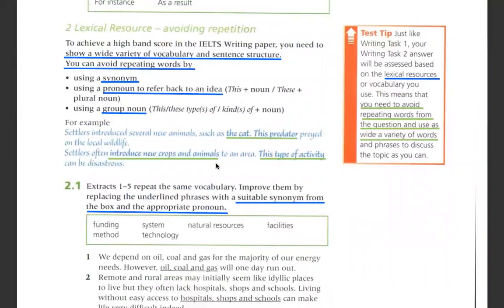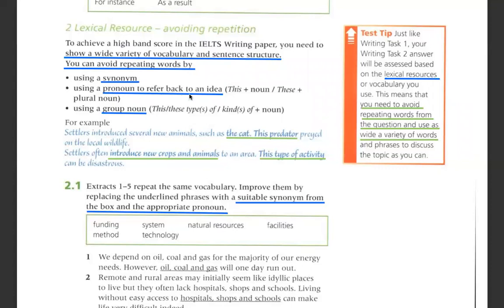Okay. So we can use a variety of words to help improve our lexical resource, but we also want to try to avoid repetition. So we don't want to use the same word again and again, but we want to use a variety of words. We also want to show a variety of sentence structure. Okay, we don't want to use the same word order, the same tense for every sentence, but we want to show variety. So some ways that we can do this is either by using a synonym,